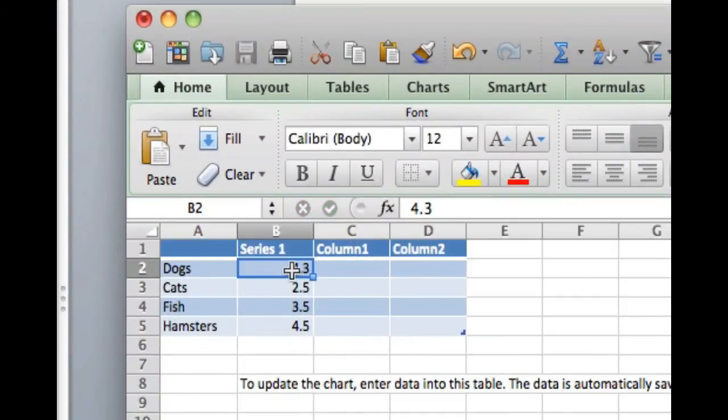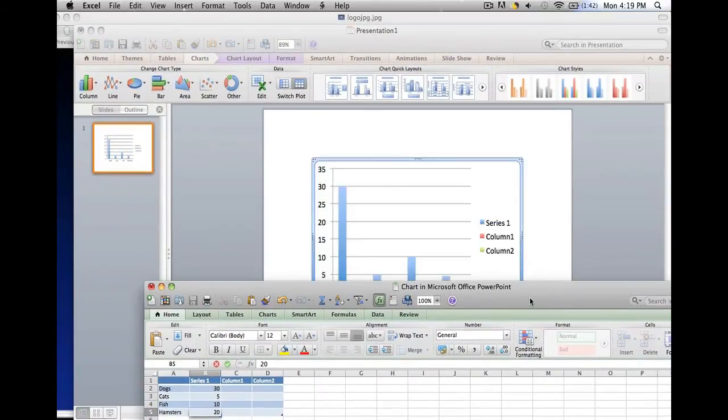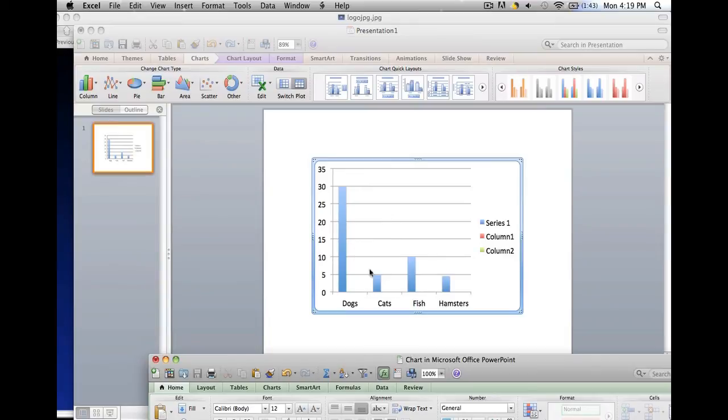I'm going to put 30. And these are just numbers I'm coming up with. 5, 10, and let's do 20. And as we can see, our scale and everything has changed. But we have series 1,